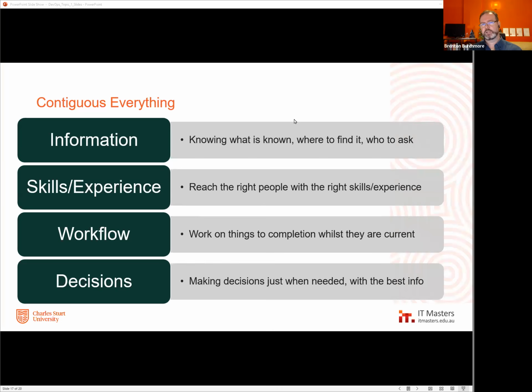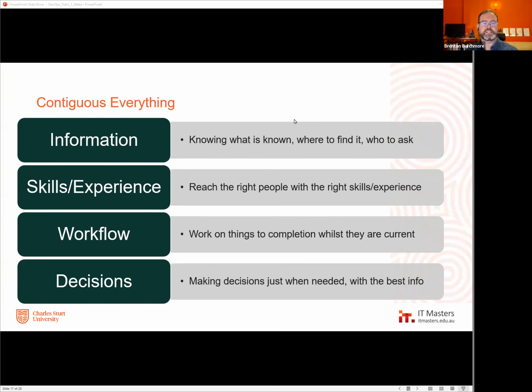And this is why things like stand-up meetings are about saying, well, what are you working on today? And that's the opportunity to say, I'm going to be working on these things. These decisions are going to come up. And I'm going to hope to get access to this person and this person, this information, this skill expertise, and this resource, and this thing, all these things I need for this to work today. And everyone who needs to know knows that.